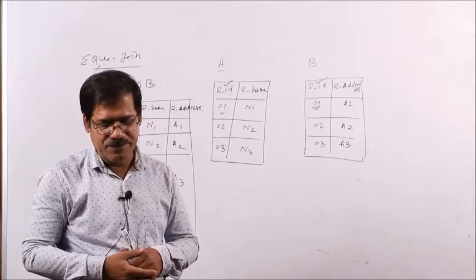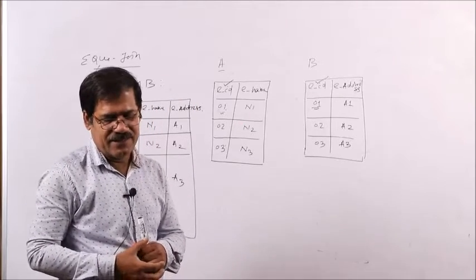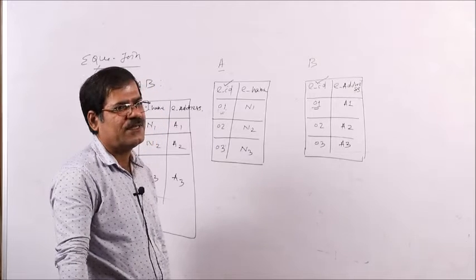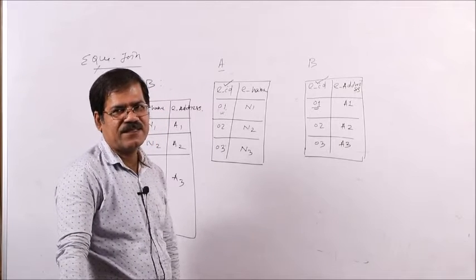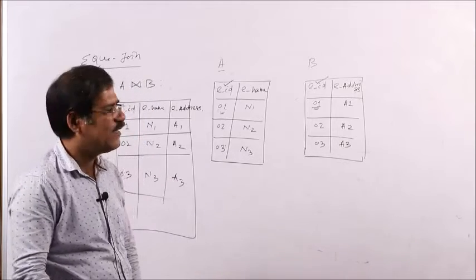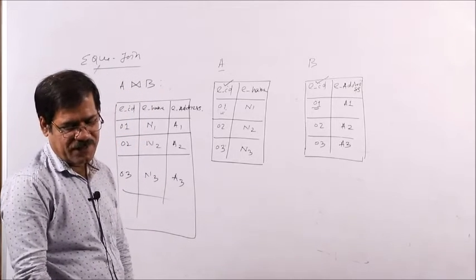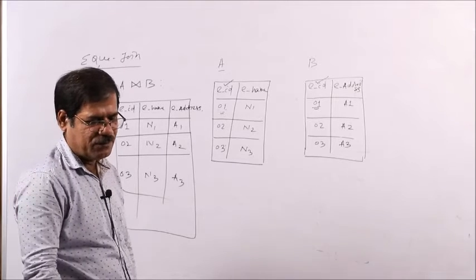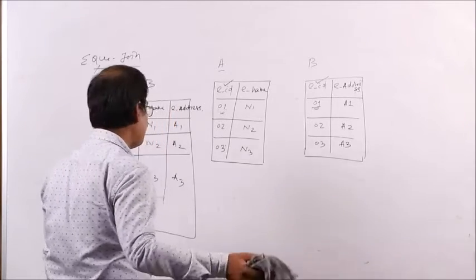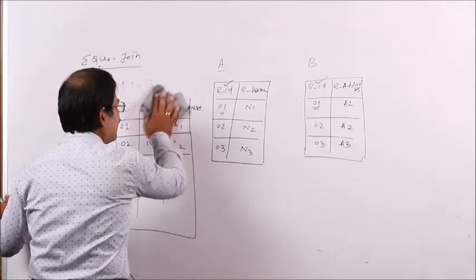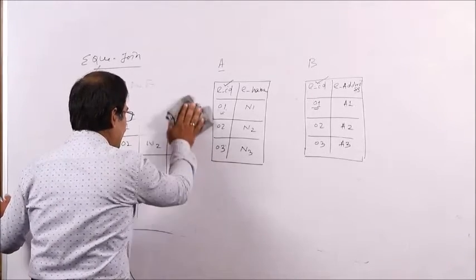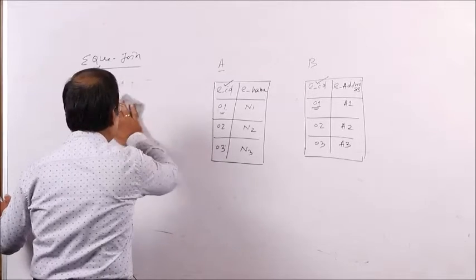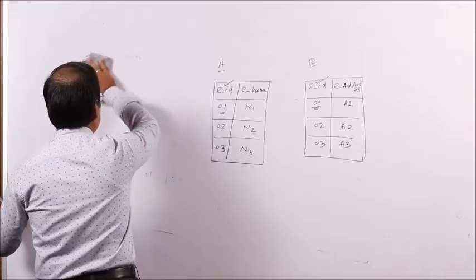So, a similar concept will be there. What is your syntax? I want to display the details of both the tables. So, select star from both the tables will be required, table 1 comma table 2, where condition, in which you display all the fields from the tables. The condition is the first table's employee ID is equal to the second table's employee ID. By taking the employee ID field equality, I will join the two tables.